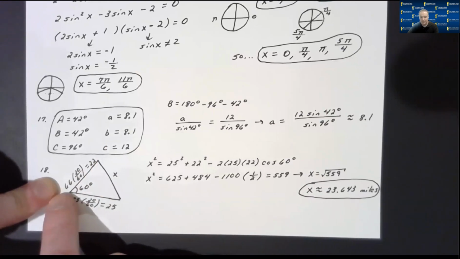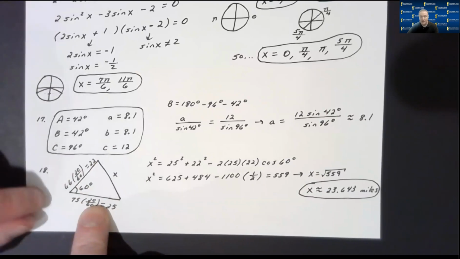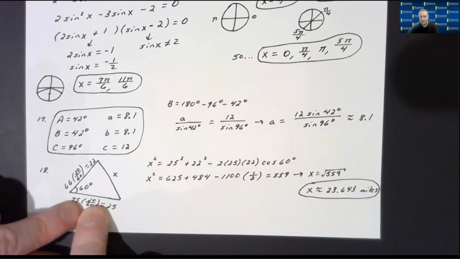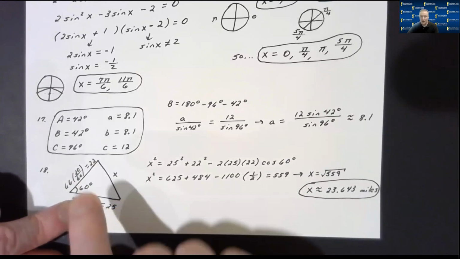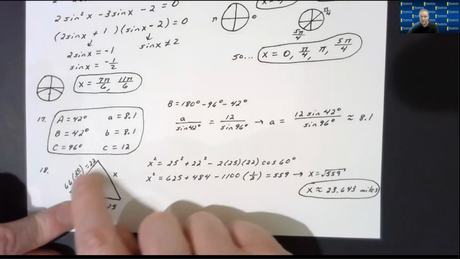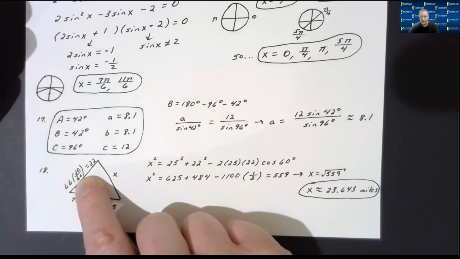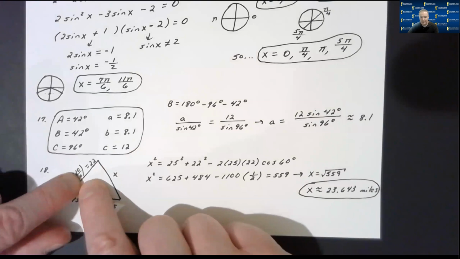I labeled this bottom side, the person traveling 75 miles per hour for 20 minutes. Now, you can just say, well, 20 minutes, that's 1/3 of an hour. 75 miles per hour for 1/3 of an hour, that distance is going to be 25 miles. Now, the other person is traveling and averaging 66 miles per hour, again for 20 minutes. Now, I showed it as 20 over 60 instead of 1/3 of an hour, because what if I gave you